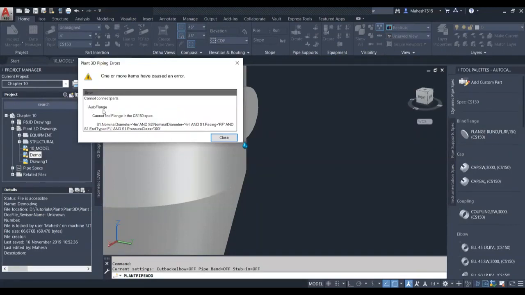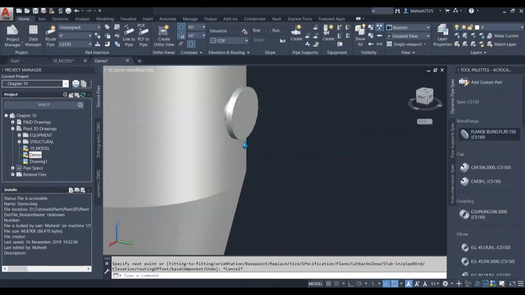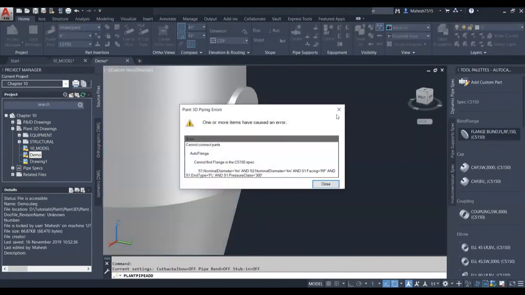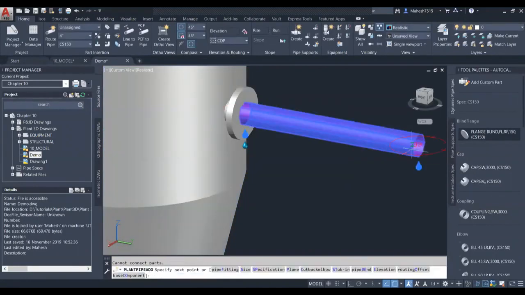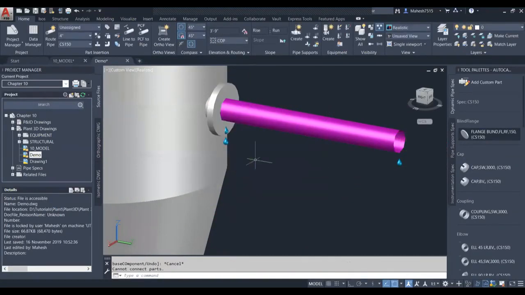So two things can be done. One, we can bring a flange manually and add it there, and we can start routing a pipe. That is possible. If I start ignoring this error and do a pipe connection, I can still see my droplet symbol here, which means these two are not connected.